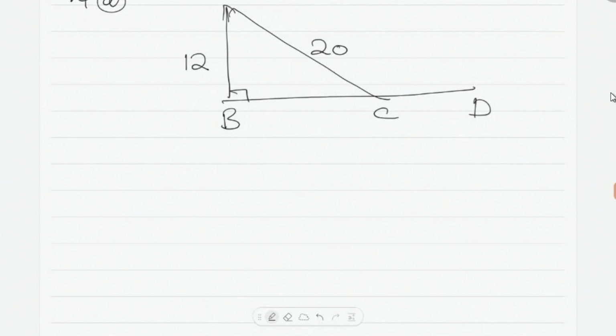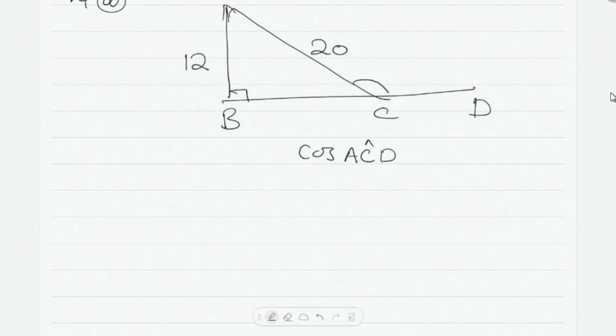cos ACD. So we find the value of cos ACD. ACD is the angle, so we are looking at the cos of the exterior angle, which is outside. So to find the cos of the exterior angle, let me